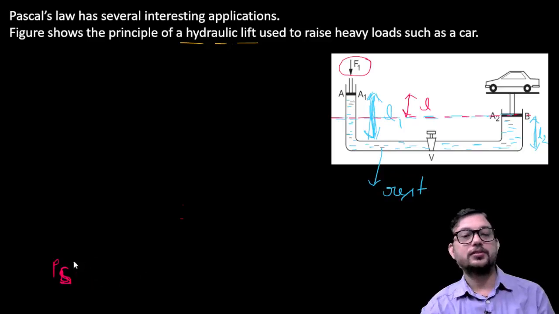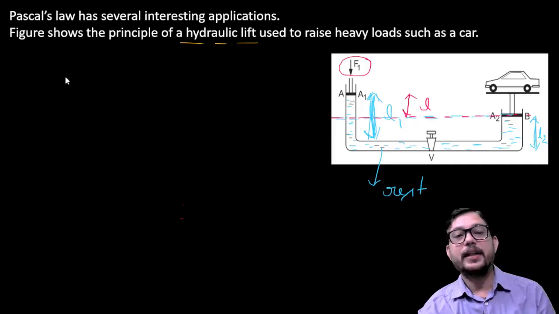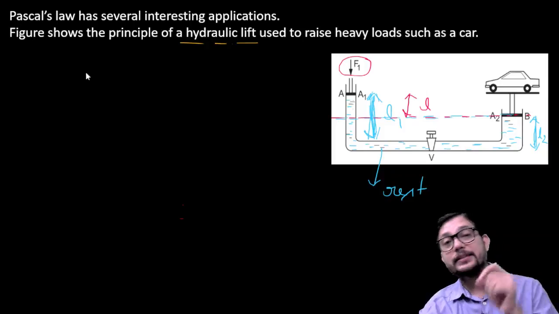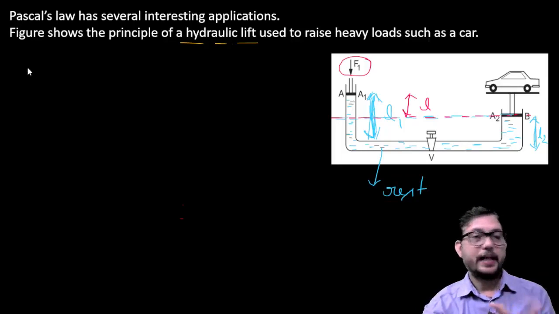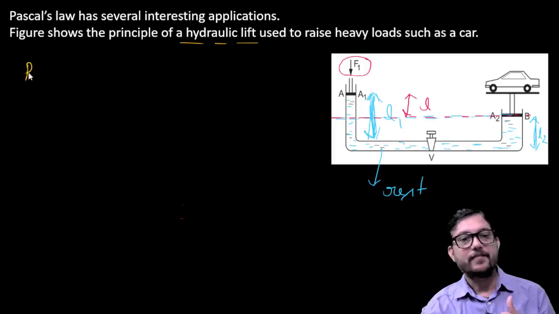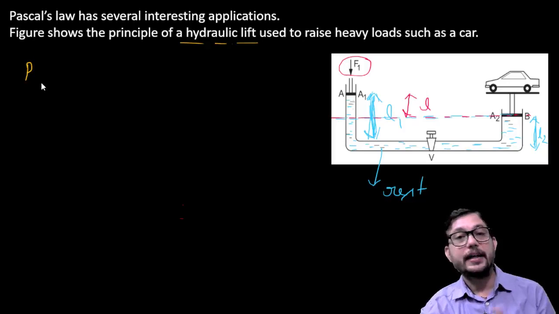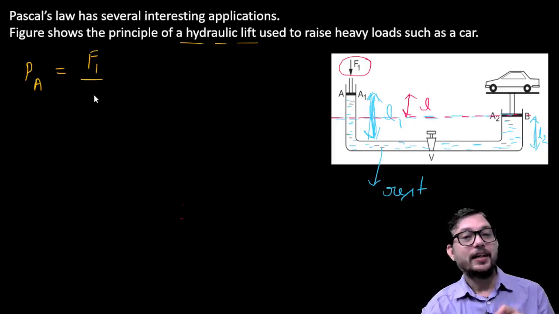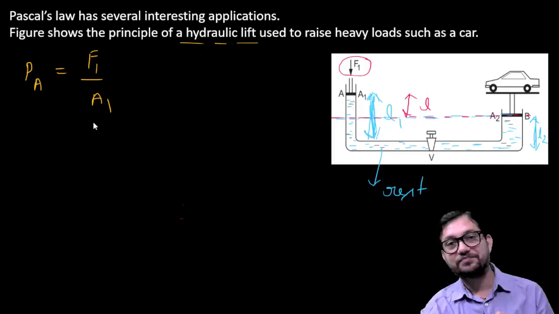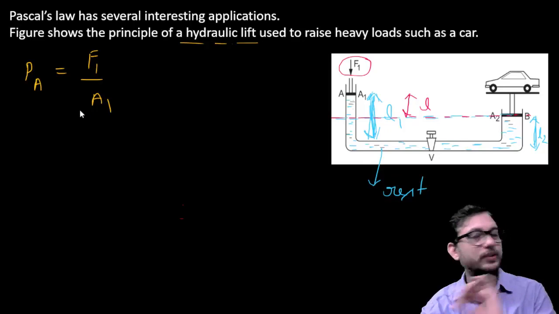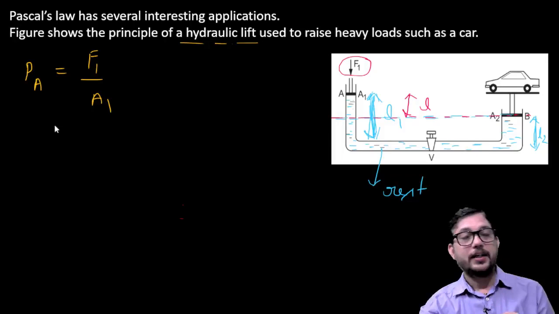So basically, if we apply a force on the sectional area A1, then the pressure at point A will be the force, that is F1, over the area, that is A1. I think and I suppose that it is clear. Now,